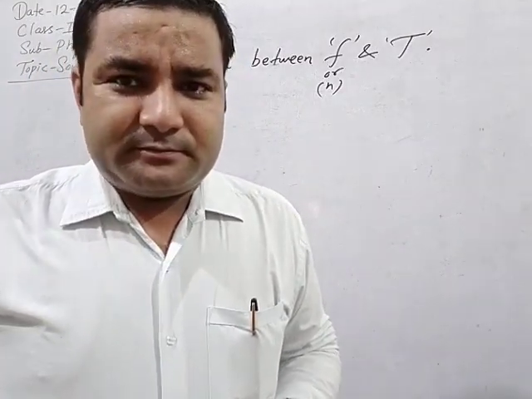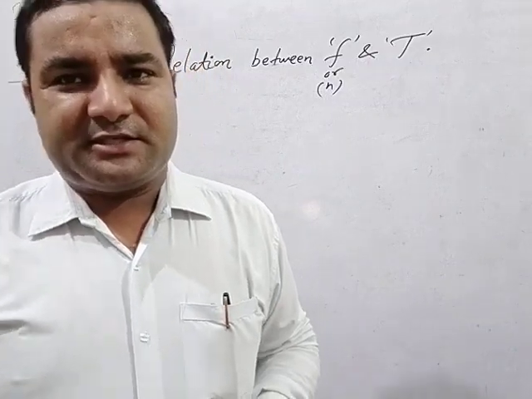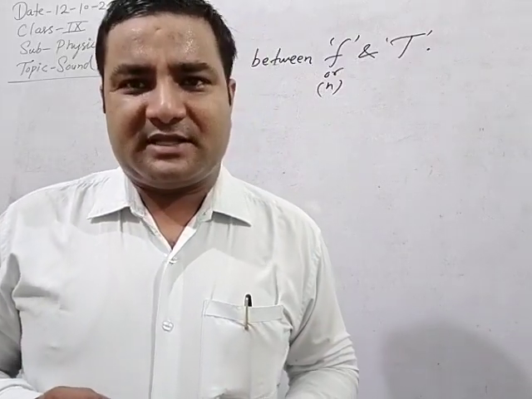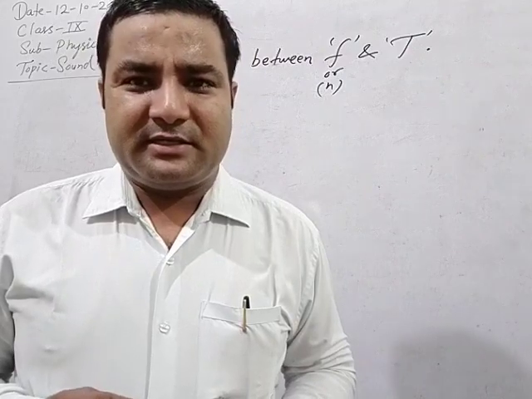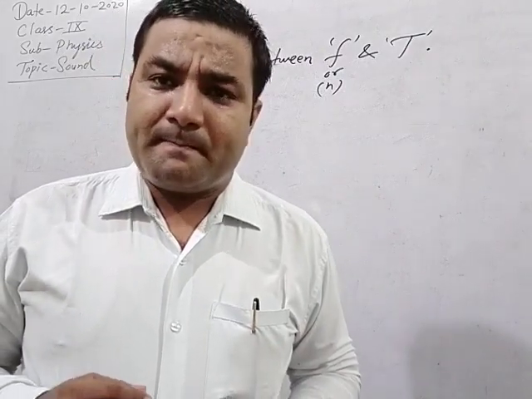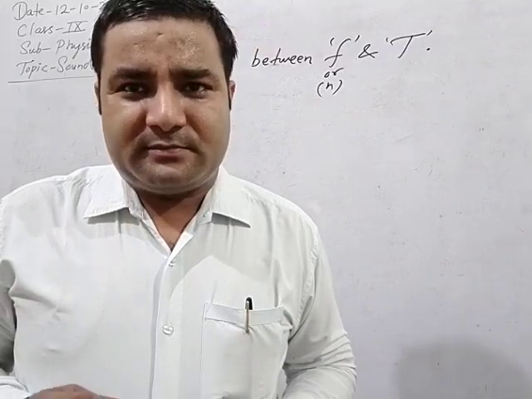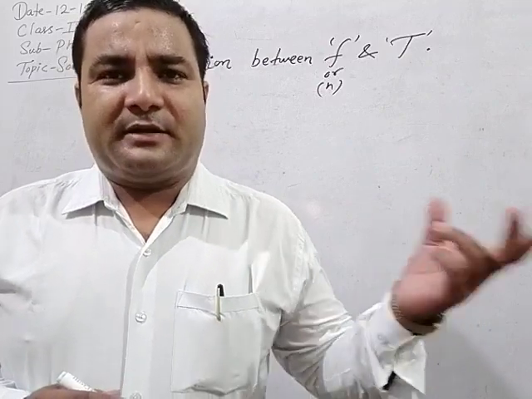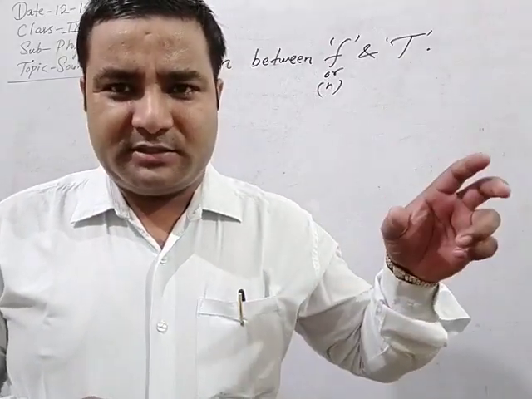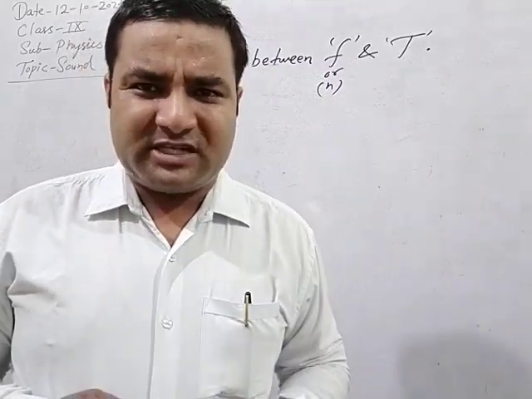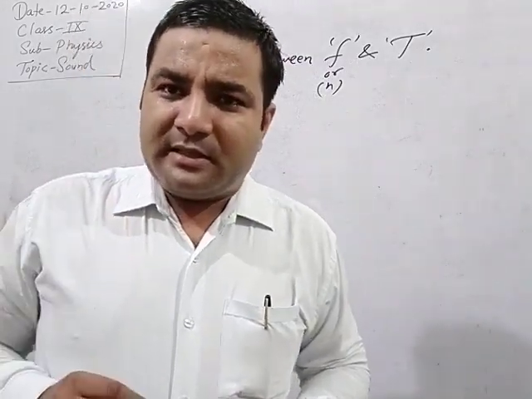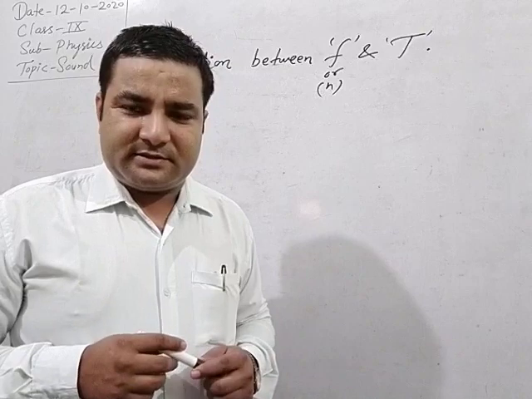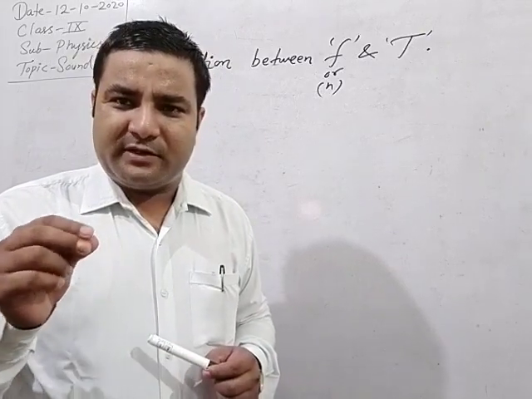Just one statement gives the complete concept, and that statement is based on a previous class concept, class 8. In class 8, I think you learned about the unitary method. Suppose the cost of one book is this, then what will be the cost of 100 books? If the cost of 100 books is this, then what will be the cost of one book? Such a concept is related to the unitary concept. So here we will assume f oscillations take 1 second.